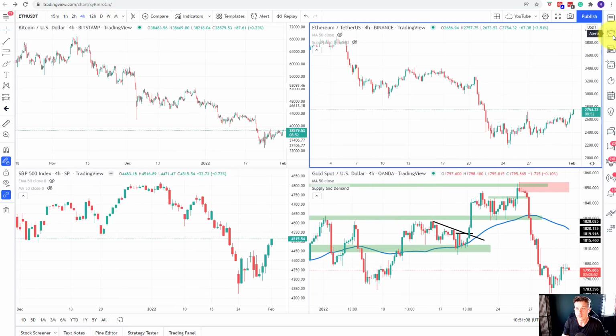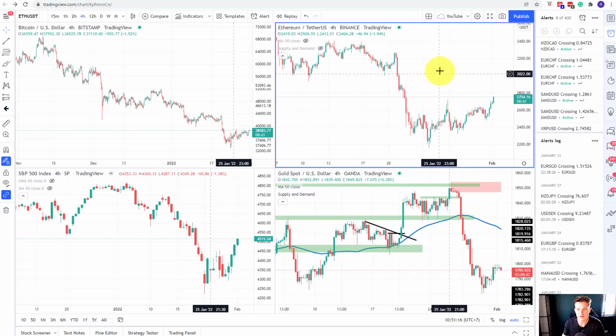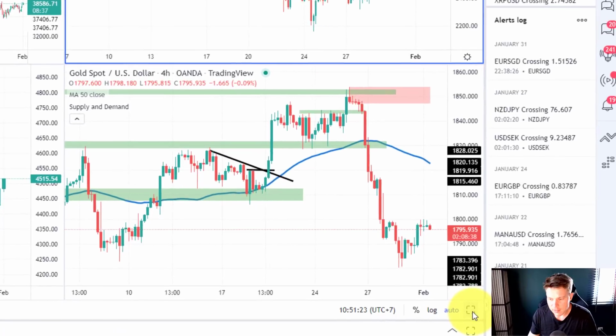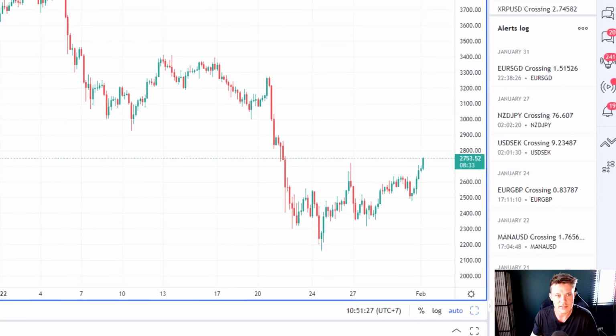I use alerts a lot. So here you can see when you click on this alarm icon, this is where you have alerts. So let me maximize this. And by the way, if you want to have or pull up a chart, you first of all click it, then you see you have the blue box around it. And then here you click on toggle maximize chart, this icon,